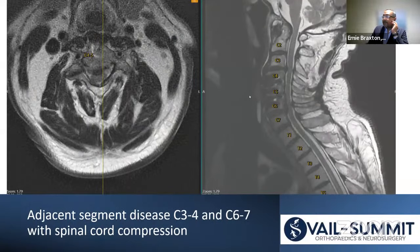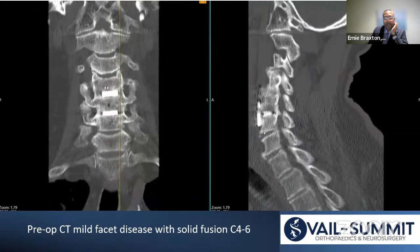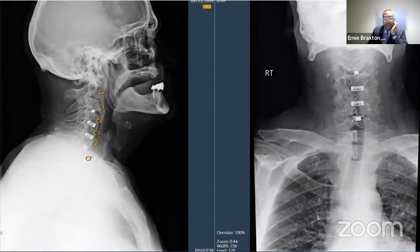So I always get CAT scans on these folks, and one, I want to make sure that the fusion construct is solid, but I'm really looking at the facet joints. And I was pleasantly surprised to see that his facets, although they have some mild to moderate degeneration, really weren't that bad. So I thought about a number of surgical things that we could do for this guy,